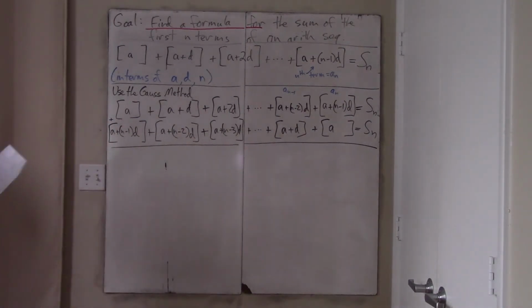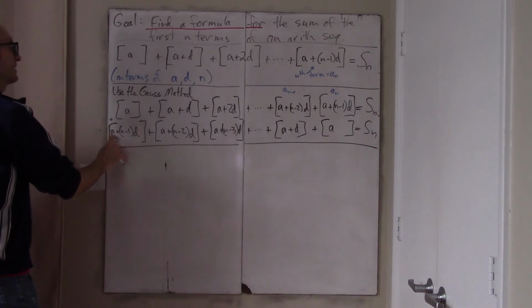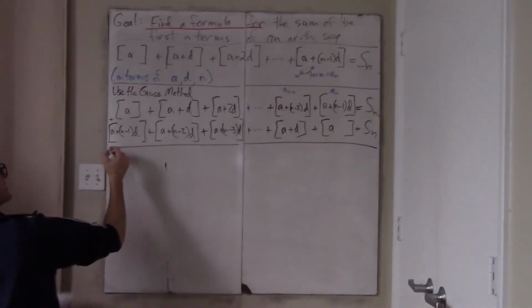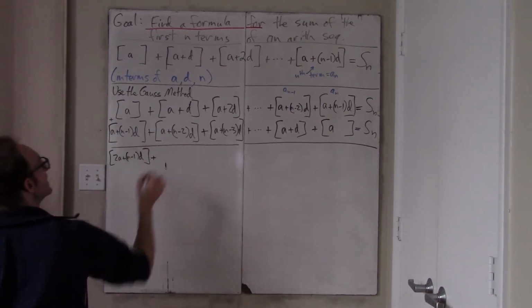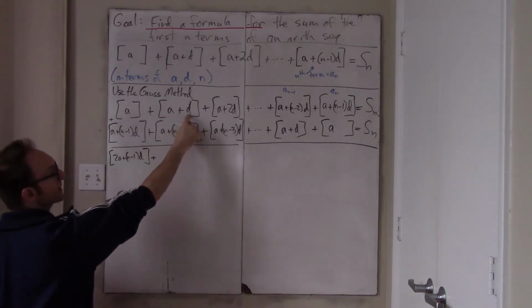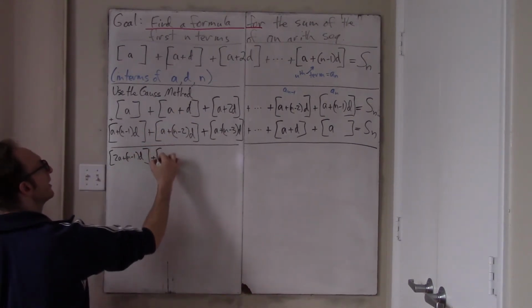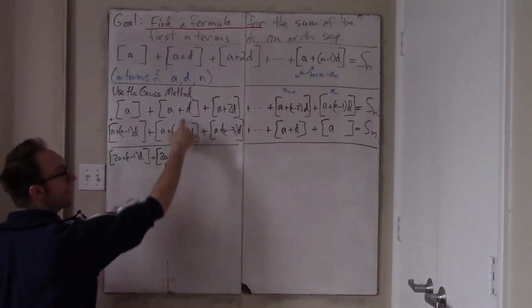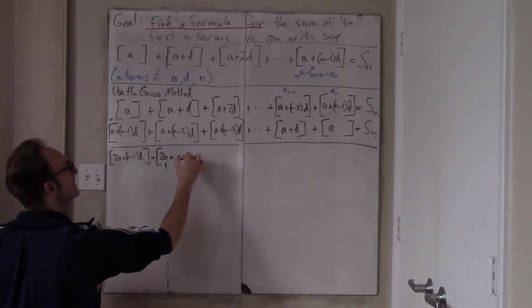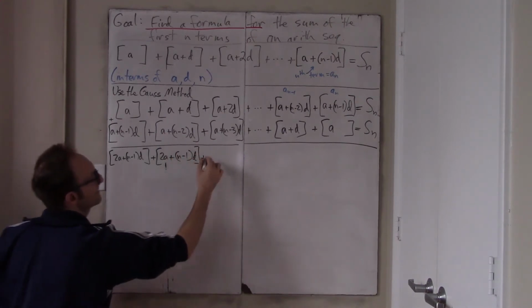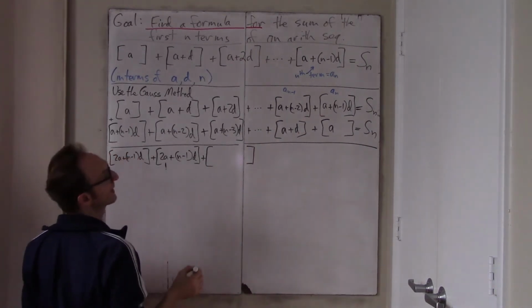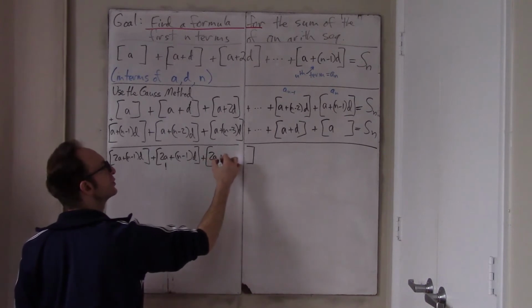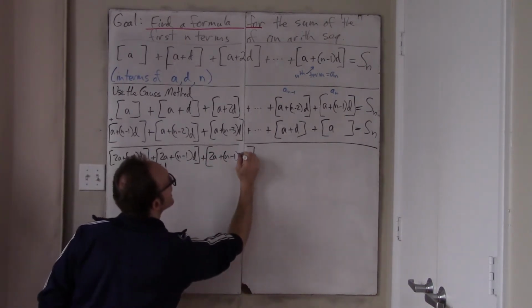Okay, well, if we add them up, what happens? Being a little bit careful about this, we have A plus n minus 1 d. Well, what is that? It's 2A plus n minus 1 d. Now, we have A plus d and A plus n minus 2 d. Again, I have two A's. How many d's do I have? n minus 2 plus another one, so another n minus 1 d. And maybe already you see where this is going, because every one of these is going to be 2A plus n minus 1 d.